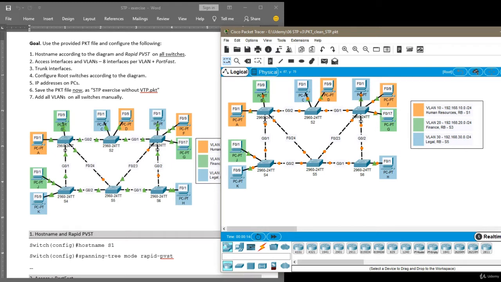In this exercise, we have 6 interconnected switches. We have 3 VLANs. VLAN 10, which is orange, is called Human Resources. VLAN 20, which is green, is called Finance. And VLAN 30, which is blue, is called Legal. Our first task is to configure host names on all switches, and while we are configuring host names, we